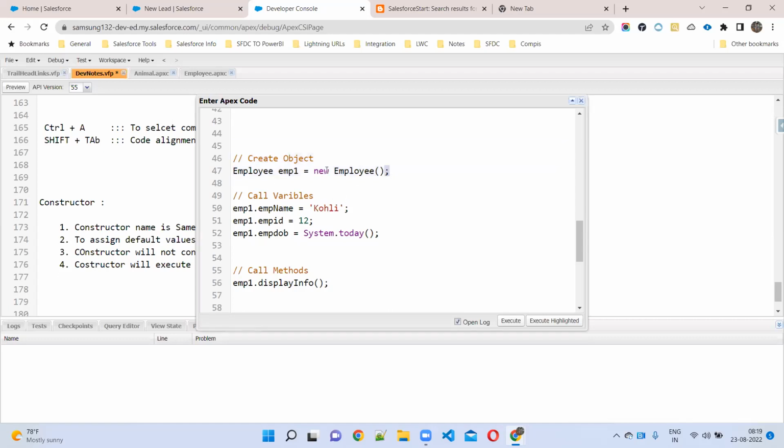If you create just this syntax, what is this, sir? Constructor. Class name, object name is equal to new class name. This is a constructor. When will this execute, sir? A constructor will be called automatically just when you create an object, or you can call it by another name, class instance. Create object and class instance have the same meaning.